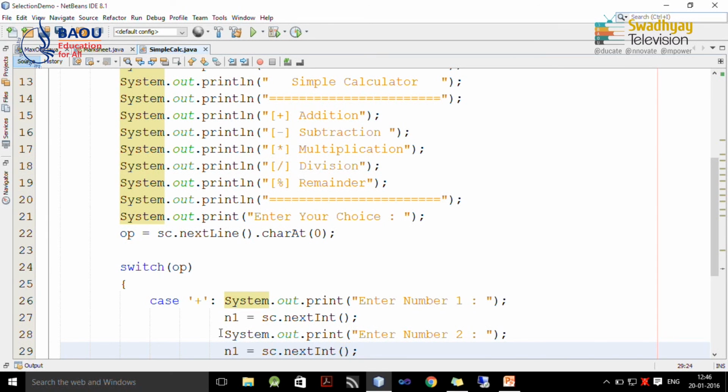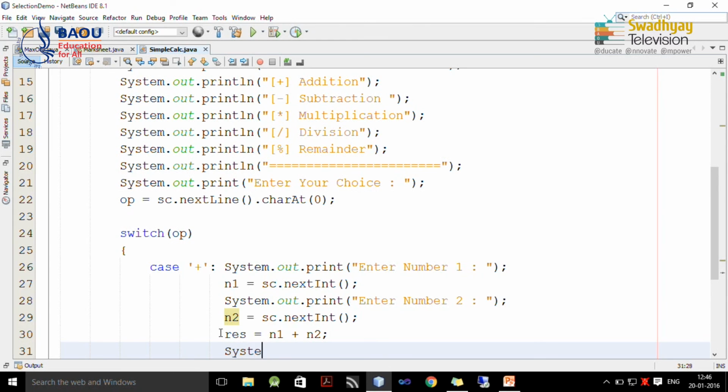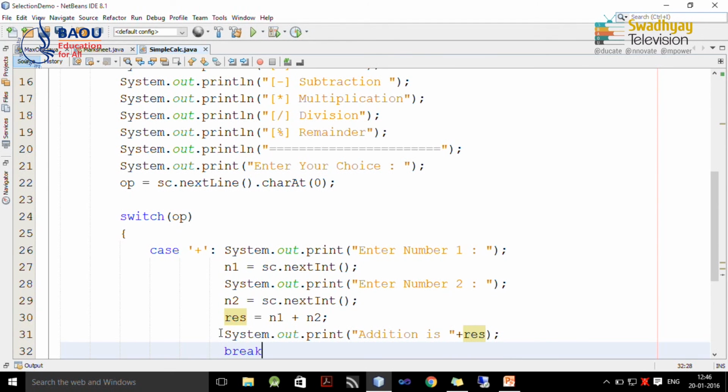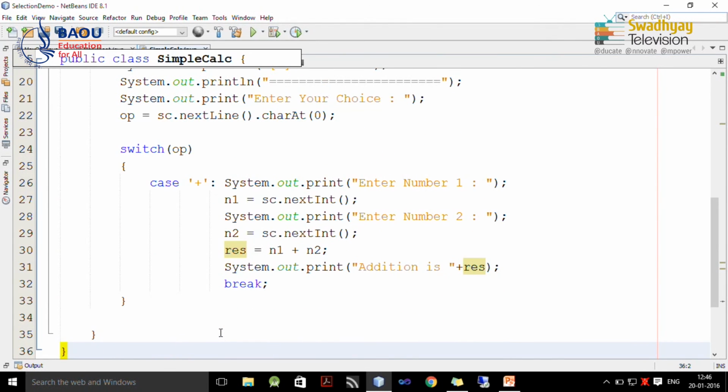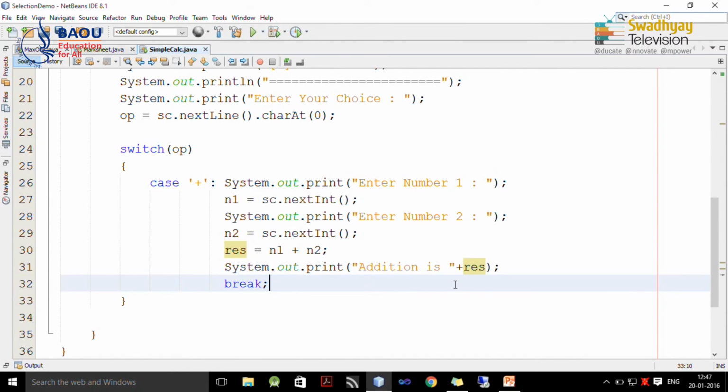We store the value entered by the user inside n2, and we want to perform the sum of n1 and n2 inside result. Next, we will display the value of result. So we can print addition is plus result, and finally, we write down the break statement. So this is a case for summation or addition.